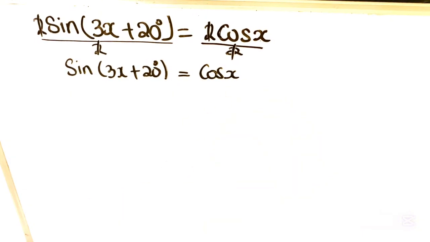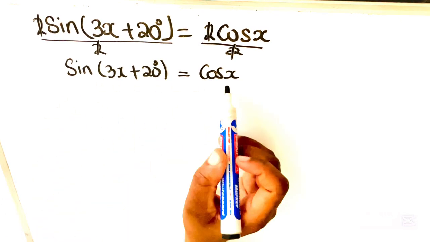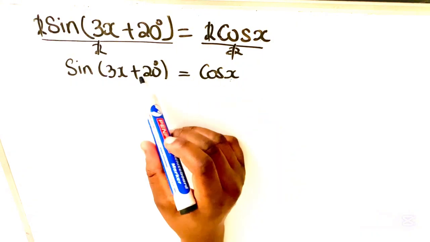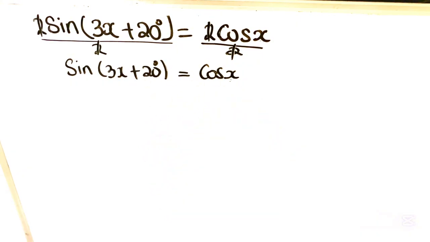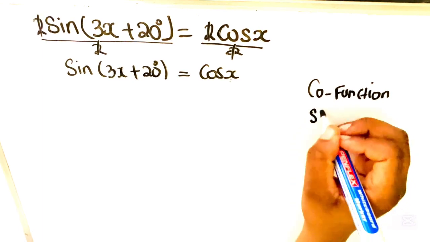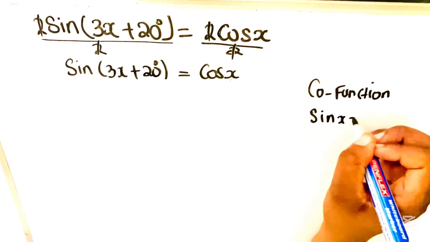This one is a bit different from the one that we did last time. You have 2 trig ratios in an equation, the cos and the sin. What to do in this case? Check first their angles. The angles are not the same. You have to apply the cofunction. Well, the cofunction of sin of an angle,